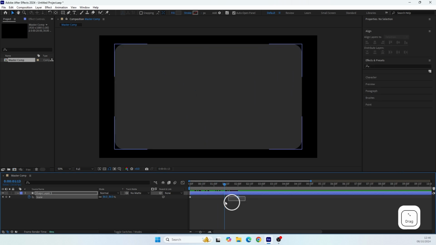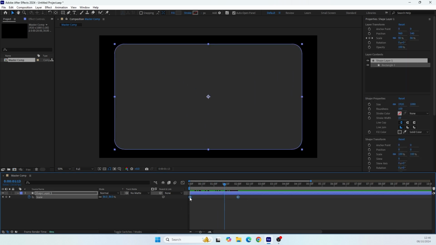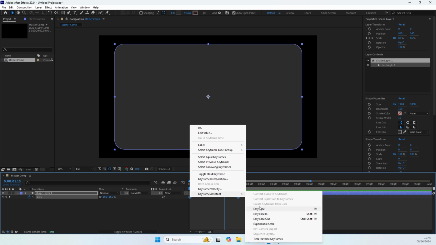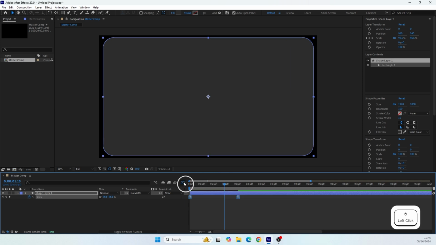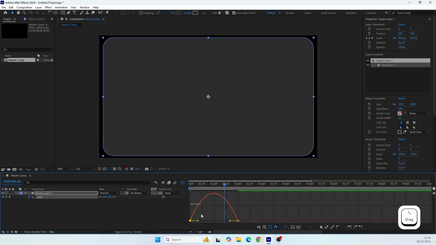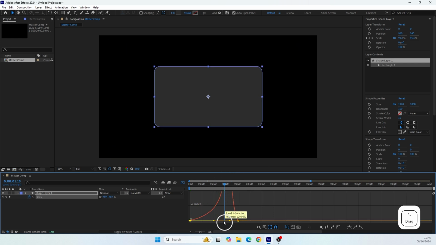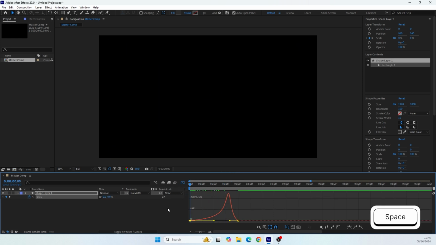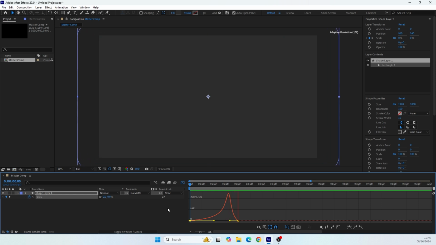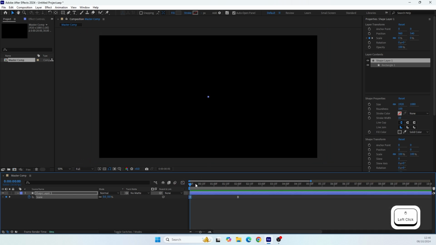And finally, we can select those keyframes and easy ease them. And then using the speed graph editor, we can create this kind of motion. So it will start slowly and then accelerate towards the end. Yeah, that looks cool, and we can move on to the next step.